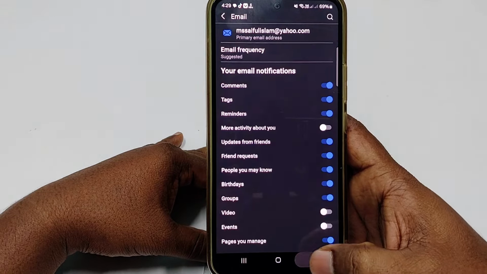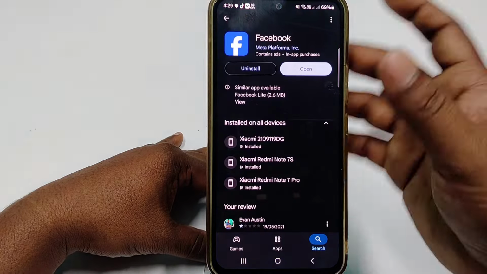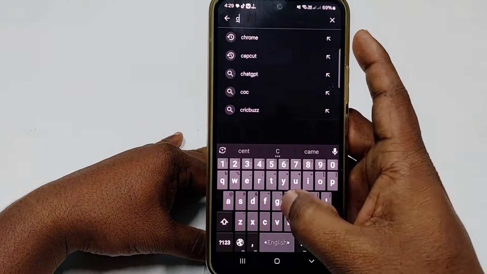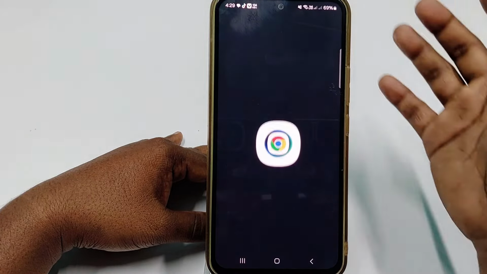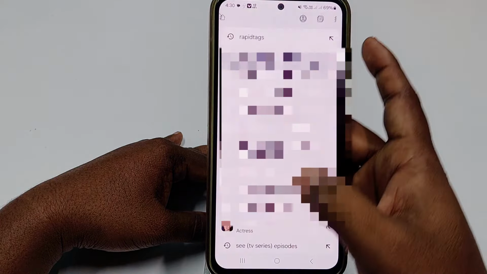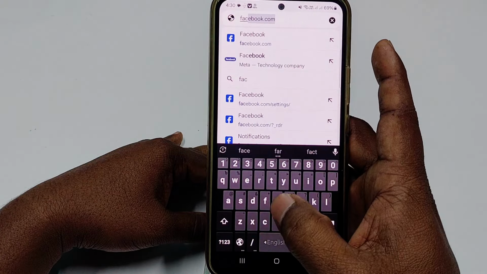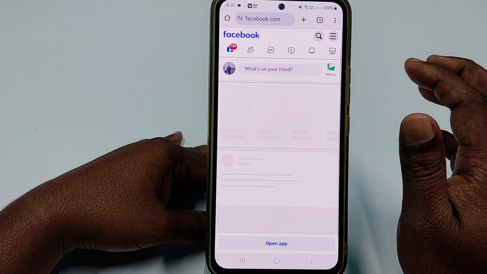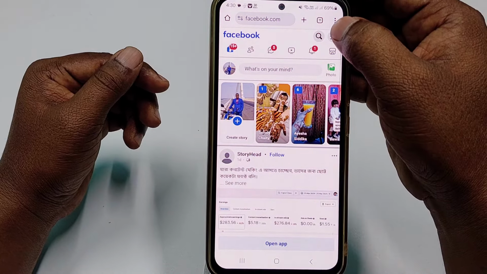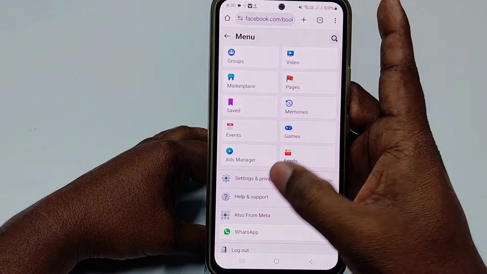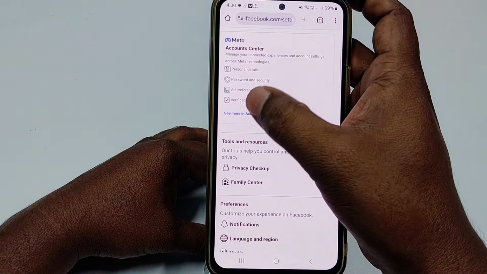So let's go for the final solution, which is you need to download another application on your phone, which is the Chrome browser, and after that just click the open option, then you need to write facebook.com, and after that you need to log in to your Facebook account in this Google Chrome browser. Then click the three dot line, then settings and privacy, then settings, then click see more in account center,